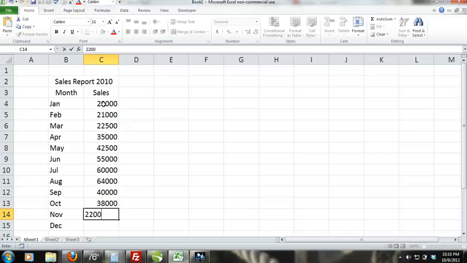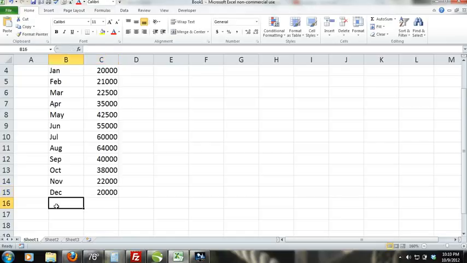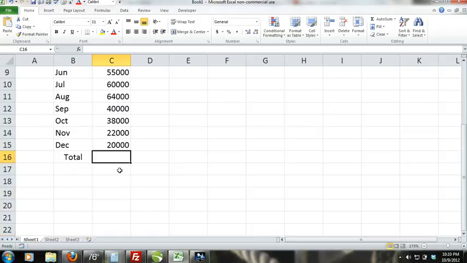Step 8. Activate cell B16 and type in the word total. Then center the text. Step 9. We're going to use the sum function in cell C16. Activate cell C16 and then type in the equal sign,